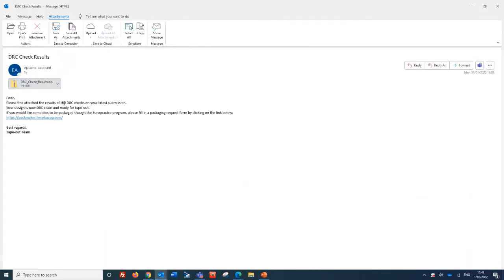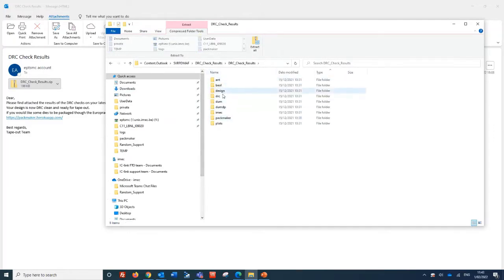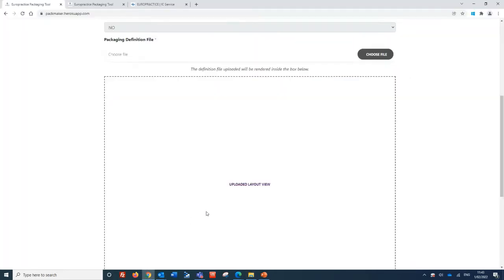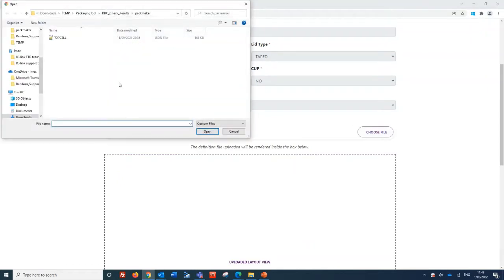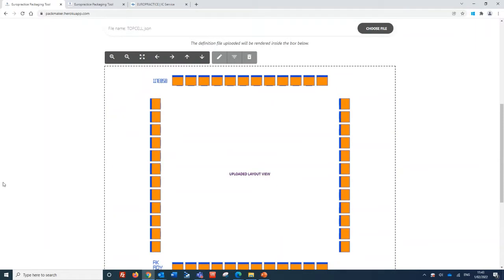to you. So if you open this attachment here, you'll see that it contains several subfolders. And the subfolder that you need for the packaging request form is the one called PackMaker. If I open it, it contains a GDS file, and that's the file that needs to be uploaded. So if I go back to the form, you need to click on the Choose File button, then browse to this file and select it, and you will see that a simplified layout view of your chip will appear in